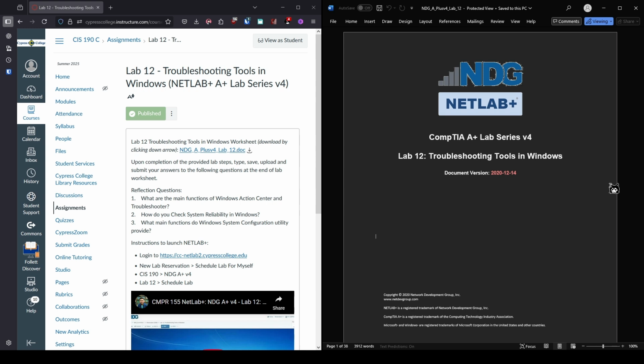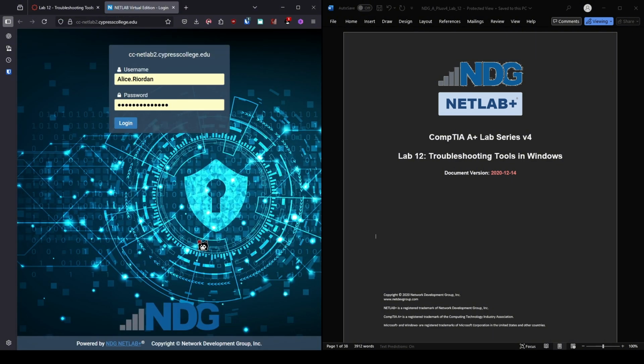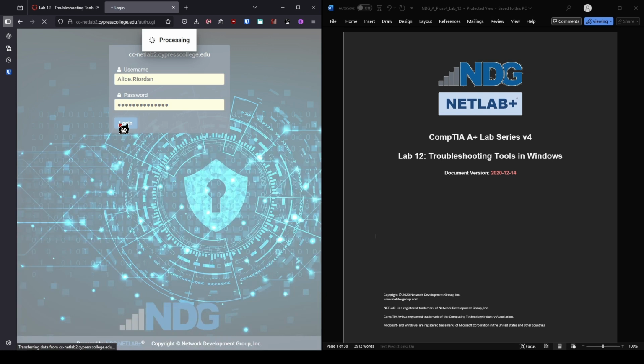Today we're going to be focusing on the NetLab CompTIA A+ Lab 12, Troubleshooting Tools in Windows. To get started, you're going to want to make sure that you have your document open and that you have logged in to NetLab. To do that, click on this link, log in,